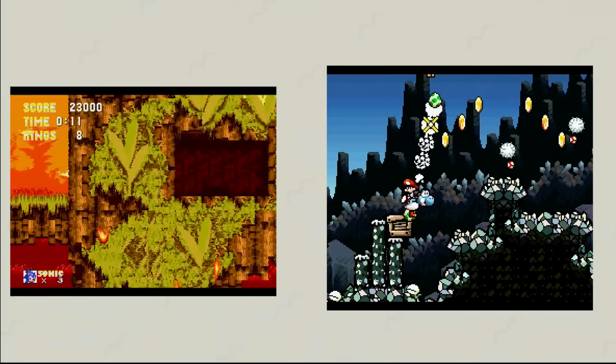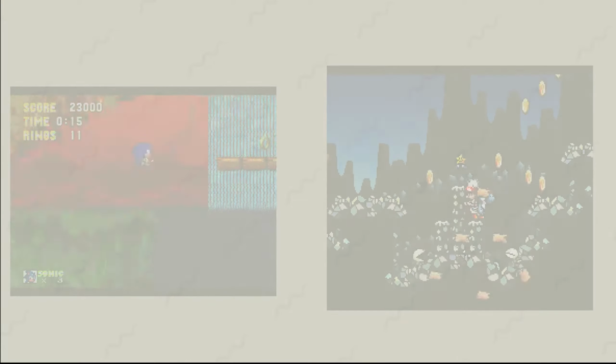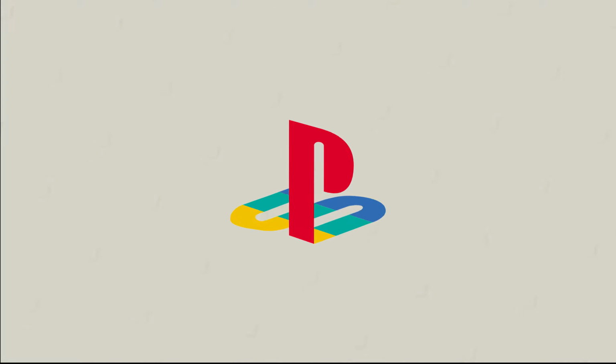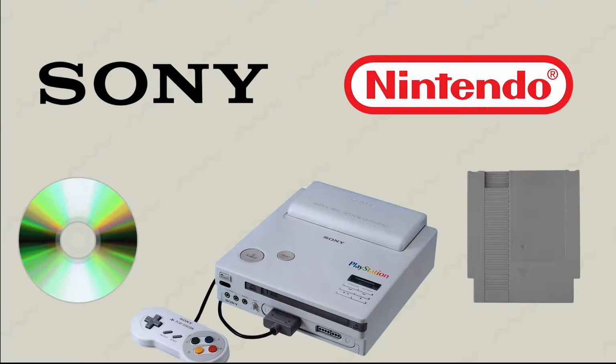It was the year of 1995. The rivalry between Nintendo and Sega was beginning to subside, and a new contender was about to enter the home console scene. Behind the scenes, Sony and Nintendo had a falling out over a console that combined cartridge and compact disc, leading to the console that would push 3D graphics to the forefront and allowing third parties to publish games